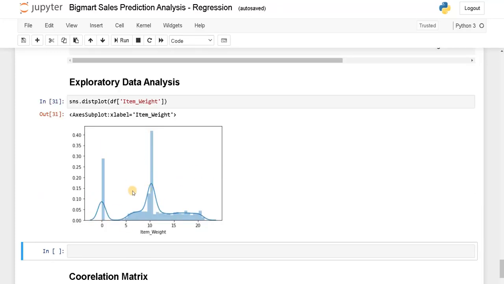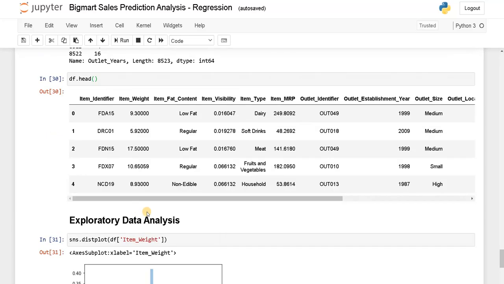In this, we can see the item weight mean is higher because we have filled some of the missing values with the mean. Here the mean is around 10 and most of the items have value 0. It means that the particular item doesn't have enough data. Instead of assigning the mean, we can also change it to 0, or instead of these 0 values, we can fill it with a mean value. It depends on your preference. Let's go for the next one.